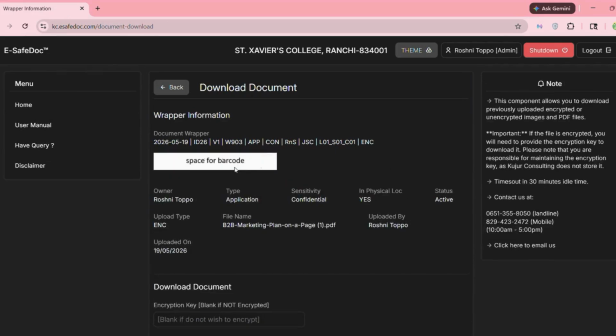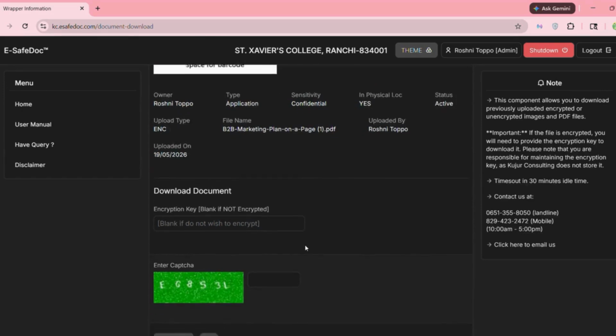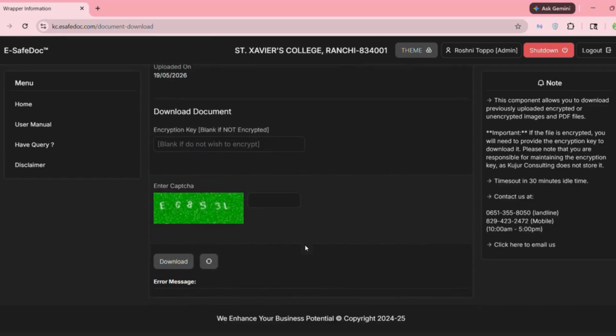There is a provision to preview the document before downloading. If it is encrypted, you must need the encryption key to decrypt the file. Without that, you cannot download the file.